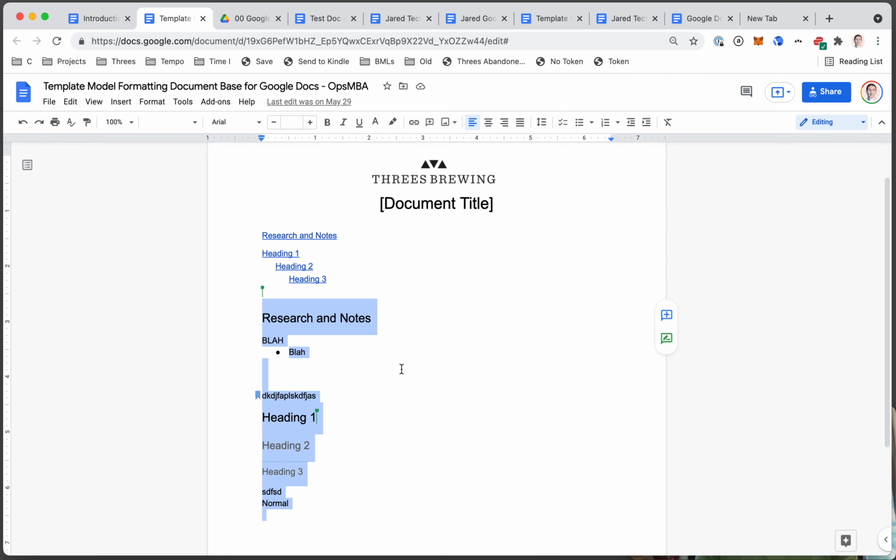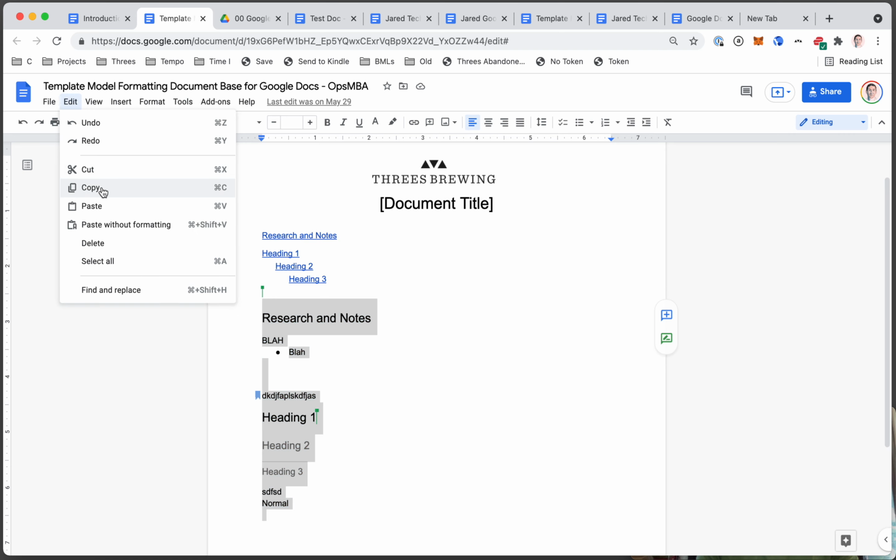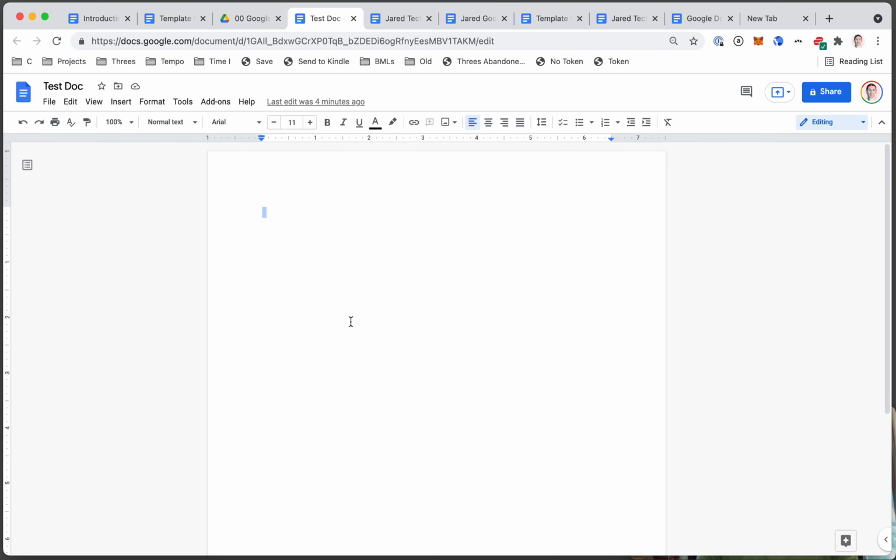Press Command C. You can do Command C or you can do Edit, Copy, and then let's paste that into our test doc. Just press enter a few times, press Command V. So now we have some test text in there for us to use, and we can play with that a little bit. So we'll get to that in a minute. Let's first now